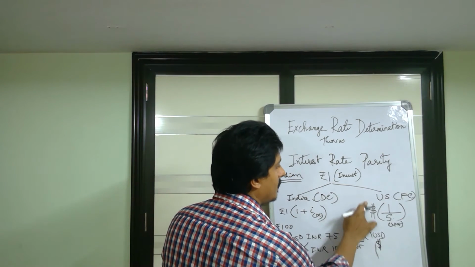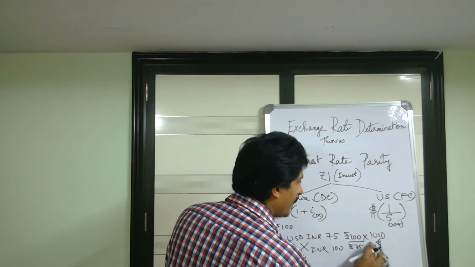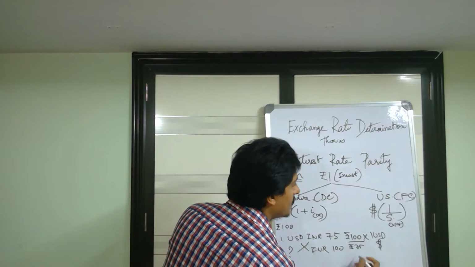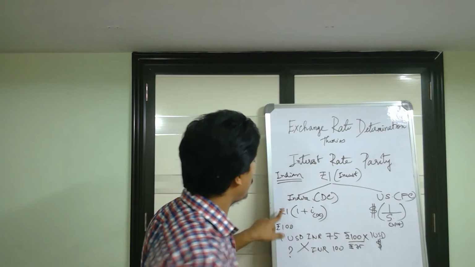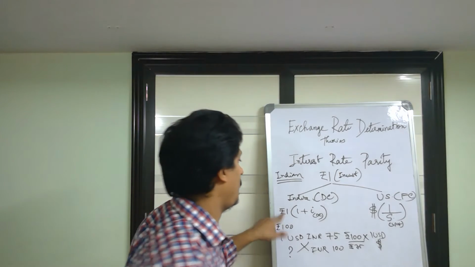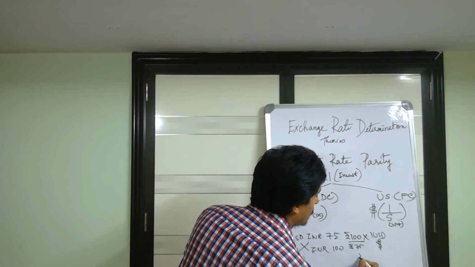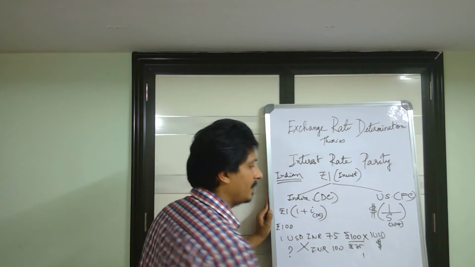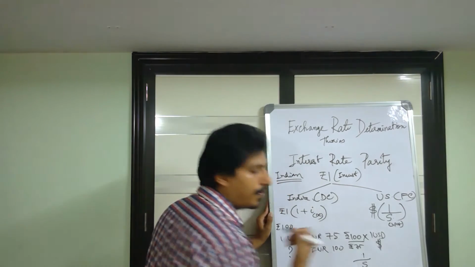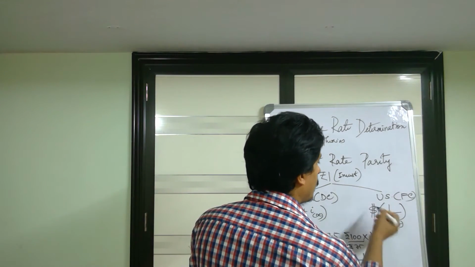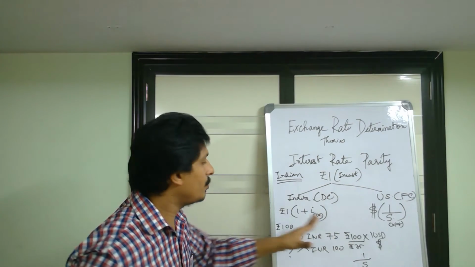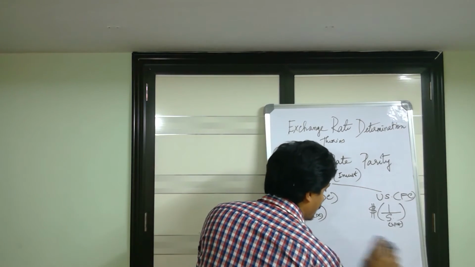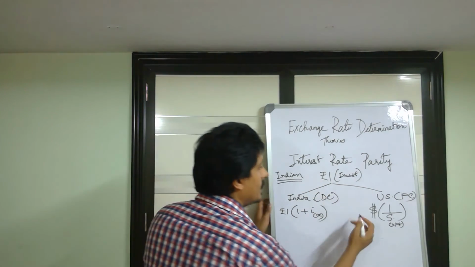So you can ignore 1. 1 means dollar here. This means dollar. This means the investment amount. Here I have taken 1 because we are taking 1 rupee investment. So we can say 100 rupees is rupee 1, or 1 divided by 75 is the spot rate. So 1 by S into dollar is the rate at which you will be converting your rupee into dollars. That's the first step.